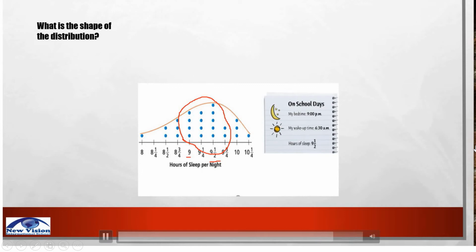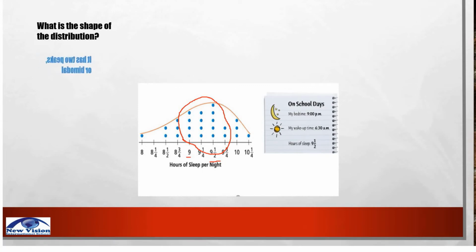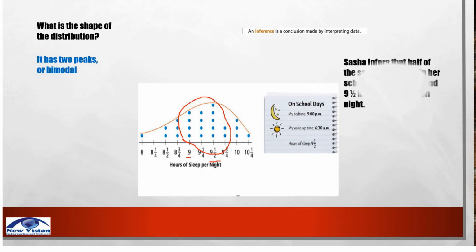So the shape of the distribution is what we call bimodal. It has two peaks. So what inference can we put in this data? As you can see, inference is a conclusion made by interpreting this data. So if we interpret this data, Sasha infers that half the 7th graders in her school get